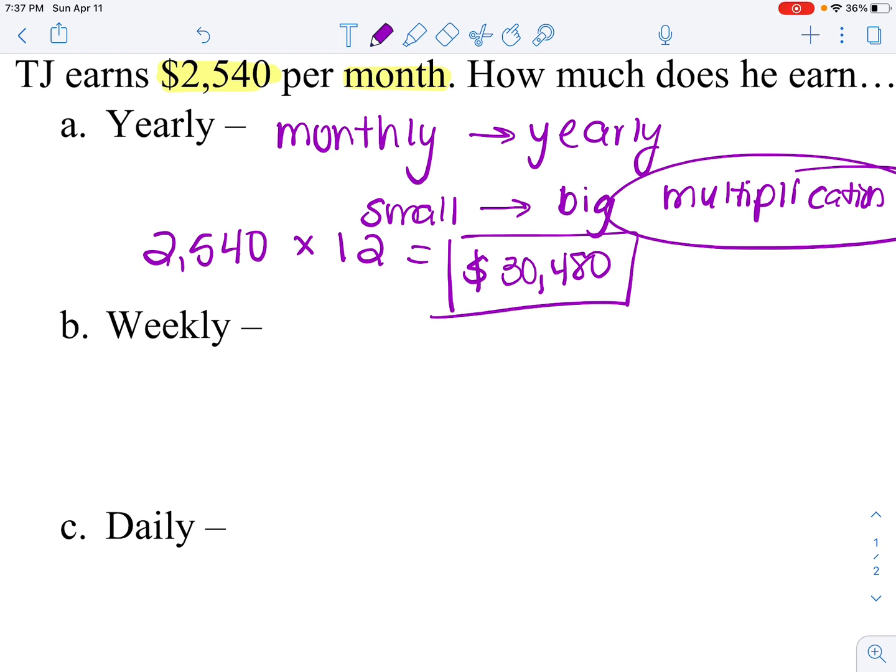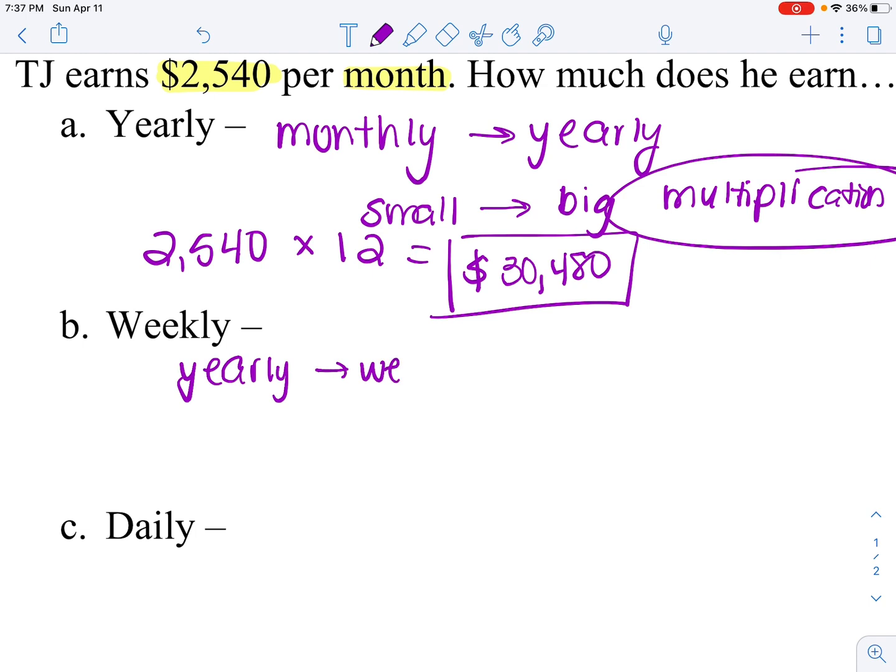Okay, so for this one, we just have to be careful. So I know that we started with a month, and now we want to know weekly, but I want us to be careful because we don't have a number that really connects a month to a week. I mean, there are typically 4 weeks in a month, but it can change depending on the month. But what we do have is how many weeks are in a year. And because we now know the answer to the yearly amount, because we just got that in choice A, we could use that number. So this time we're going to go from yearly